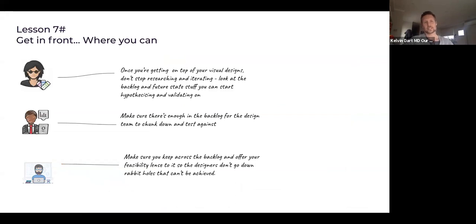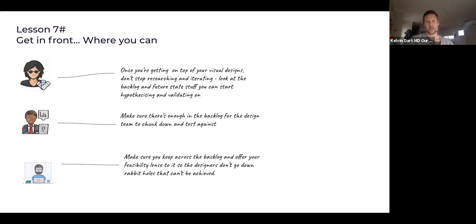Last but not least, when you get in front, and I know everything I've said just sounds exhausting for designers, so I apologize in advance. And this is probably me being a product person saying, what's next? But once you're on top, don't rest. Be in constant communication with your product people to say, what's the backlog? What's future state look like? What's near state look like? Because you're going to get some real pearls of wisdom coming out of that research.